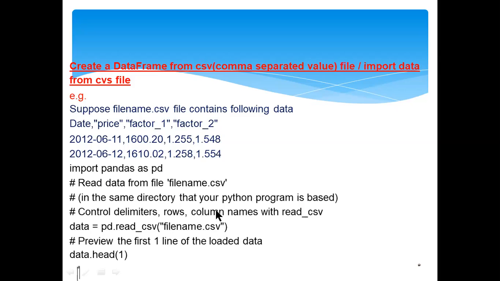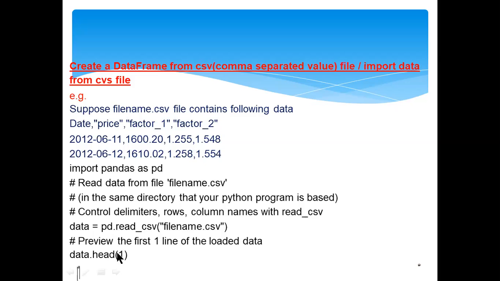How to save this file in CSV format, I'll also explain here. And from this file, the first rows you have to read. data.head: what does head do? Head displays the header rows, tail displays the last rows.